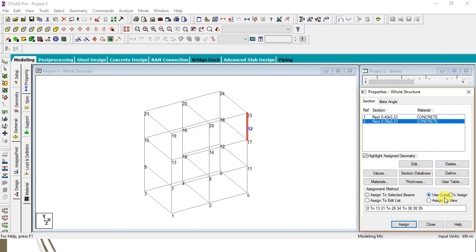So again use cursor to assign. I am selecting all the beams and here assign. So it will be assigned to all those beams.